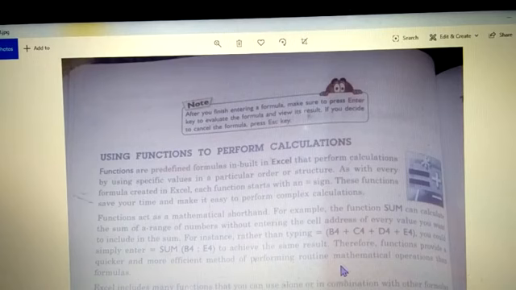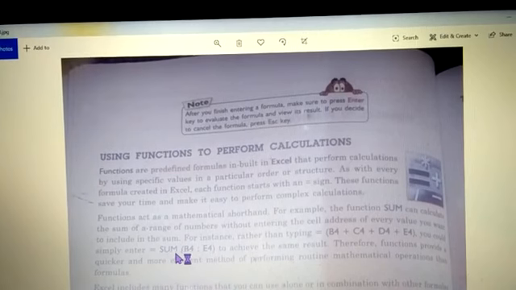Now in formulas, children, you used to write like this: equal to B4 plus C4 plus D4 plus E4, right? You used to type it like this. But to make it simpler, imagine you have to add from B1 till B15. In formulas, you will write B1 plus B2 plus B3 plus B4 till B15. That is time consuming, and you can also skip a part or make some mistake, right? So formulas are time consuming, but function can make it easier.